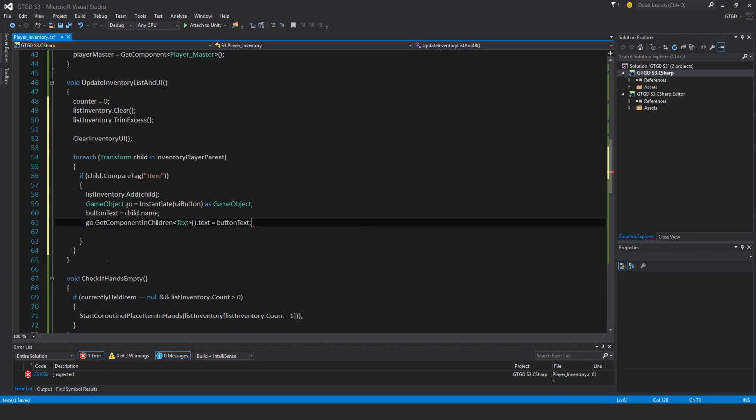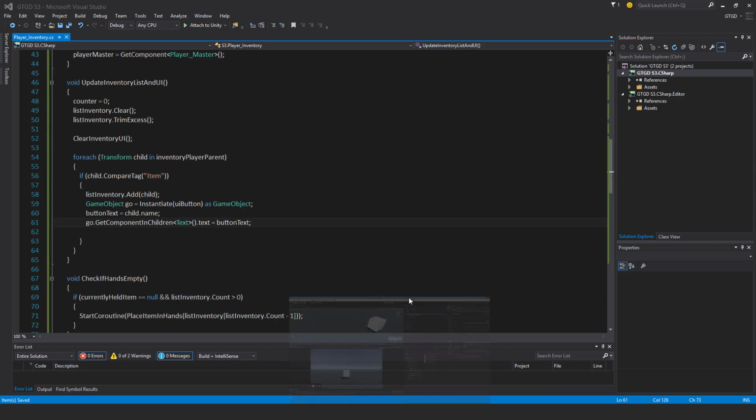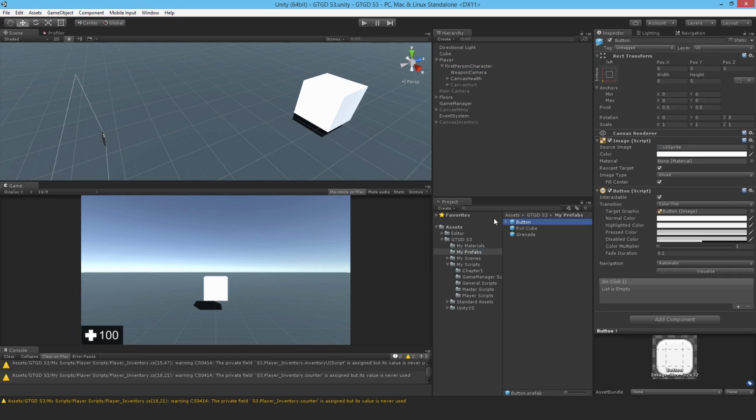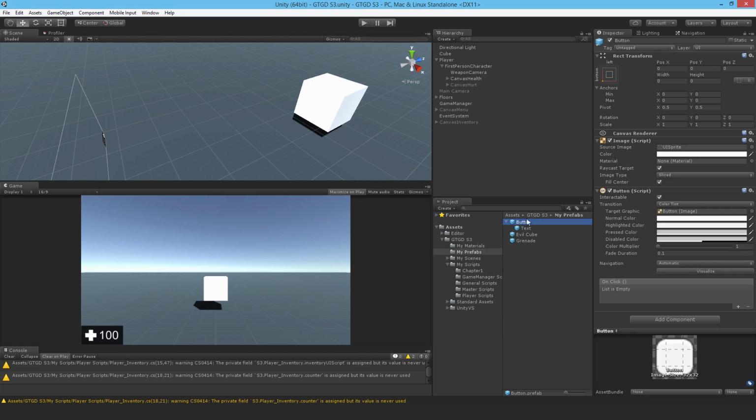So why am I saying go.getComponent in children? So if we go back, I made this prefab quite a while back, the button prefab, and underneath it is a text. So the child game object of button has a text, and this is what's going to get set. Alright, so going back,